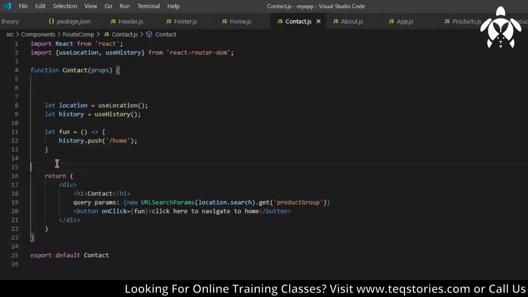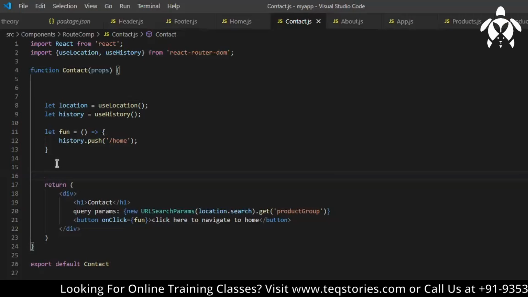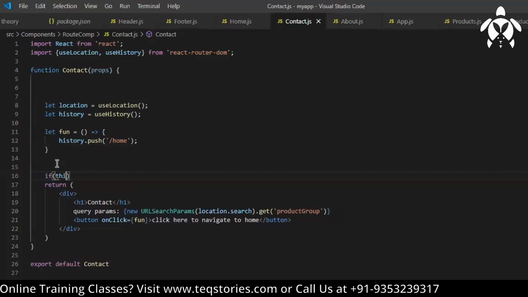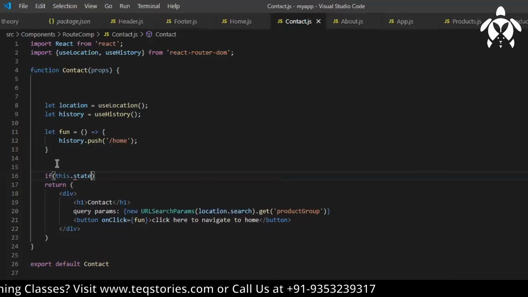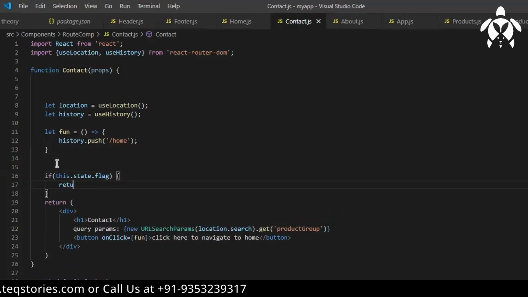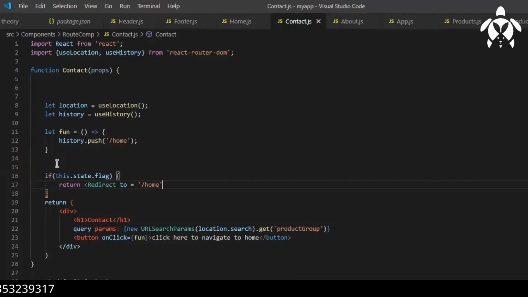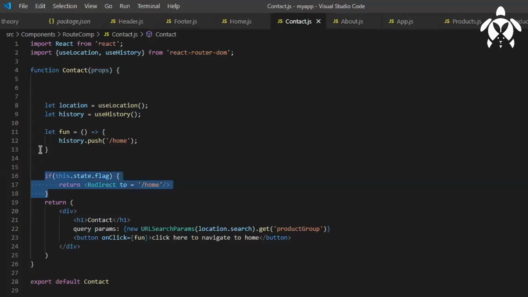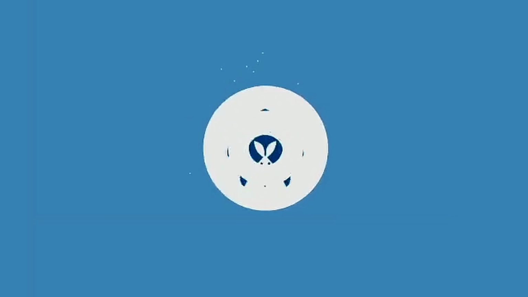So let's say inside render, if this.state.flag is true, then you can return a Redirect. Where do you want to navigate to? Let's say home. This you can do in a class component. It is the same as history.push in a functional component.